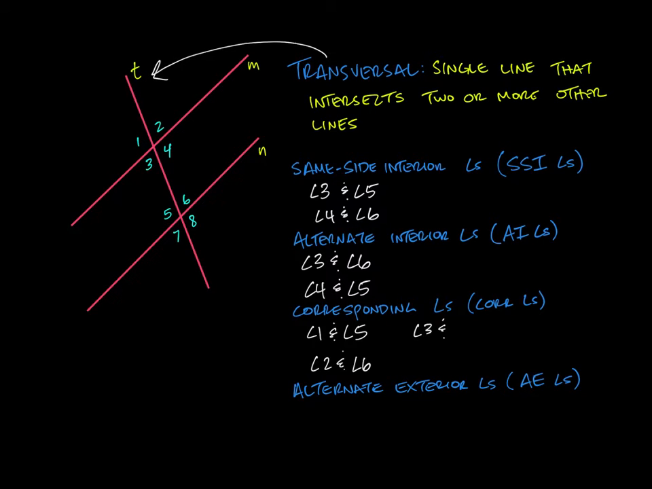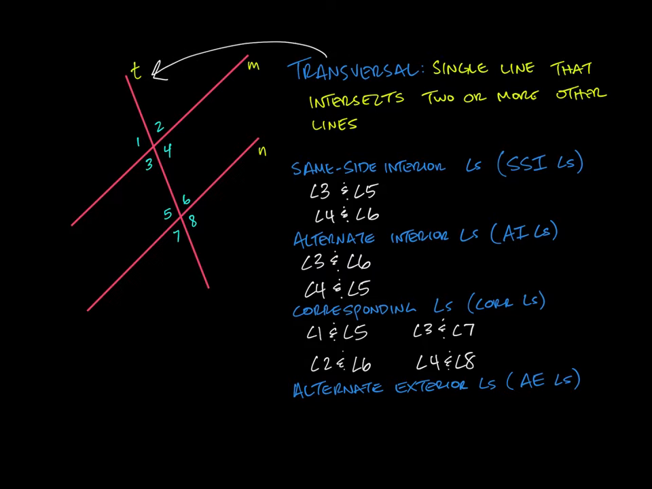Angle 3 is in the lower left-hand position, and so is angle 7. So angles 3 and 7 would be a pair of corresponding angles. And then if I look at angle 4, it's in the lower right-hand position among its group, and angle 8 is in the lower right-hand position among its group. So angles 4 and 8 are a pair of corresponding angles. So you can see we actually have 4 pairs of corresponding angles, whereas we only had 2 pairs of same-side